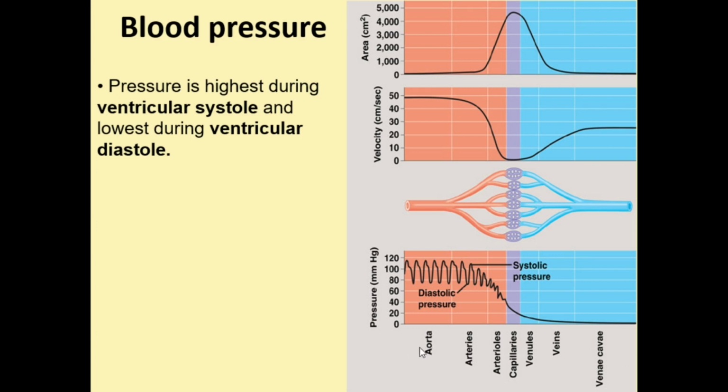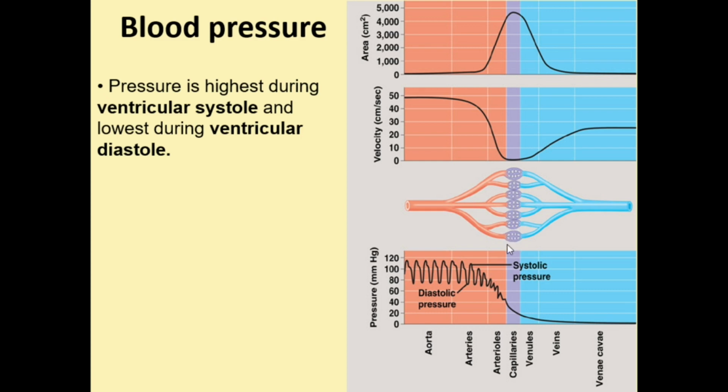So what we can see here is the flow of blood in the direction it travels from the heart. So the left ventricle will contract, and then the blood moves out here into the aorta. It will then move into arteries. So the aorta will branch off into arteries. Our arteries will then branch off into arterioles. Okay, so you can follow it through this diagram here. So the aorta is the big thick one, and then that branches off into slightly smaller arteries, and then those arteries will branch off into even smaller arterioles, and then those arterioles will